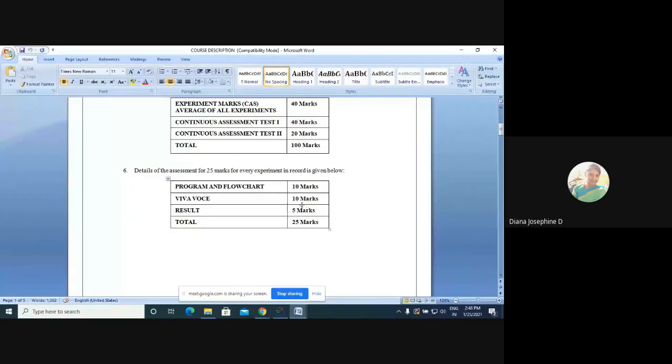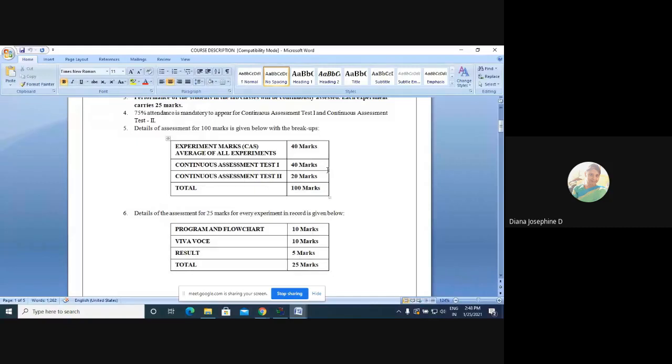For Viva, 10 marks. Result, 5 marks, and totally 25 marks. So this 25 marks will be up converted to 40 marks. Okay, and you'll be allotted 40 marks for continuous assessment test 1 and 20 marks for test 2. So overall, totally you'll be awarded 100 marks.